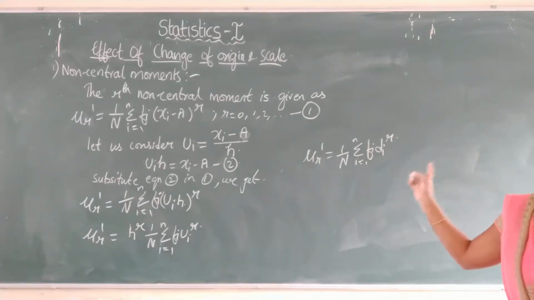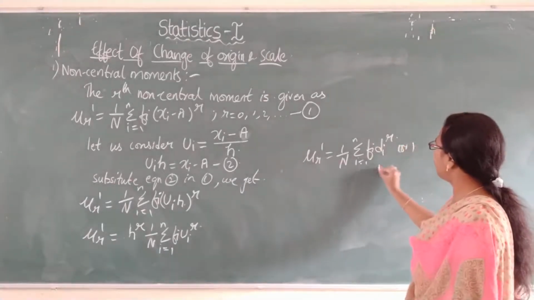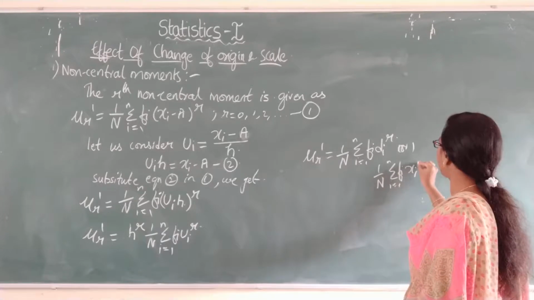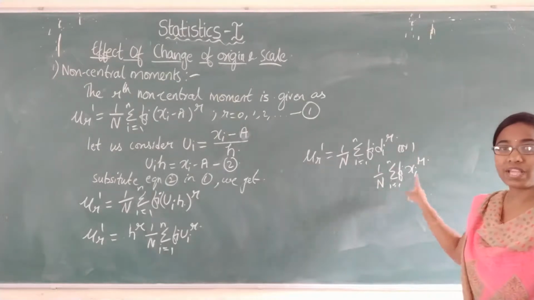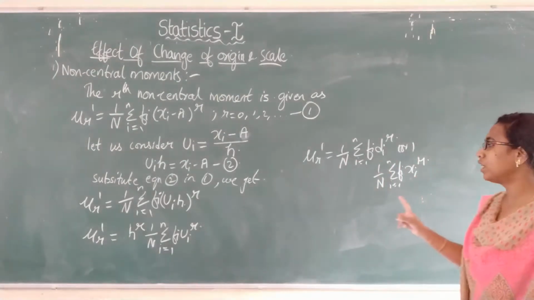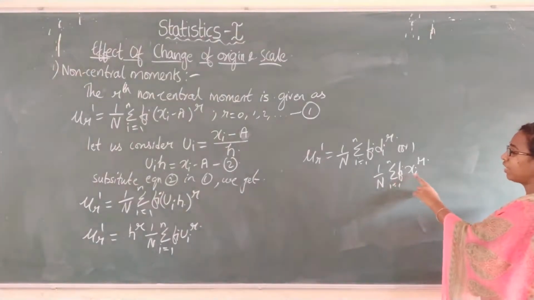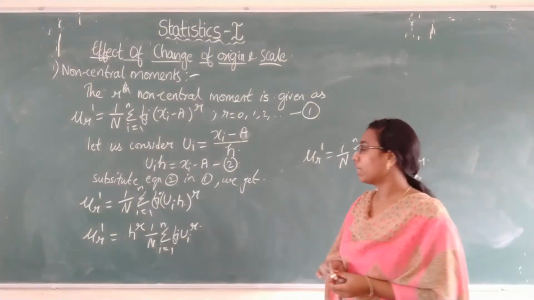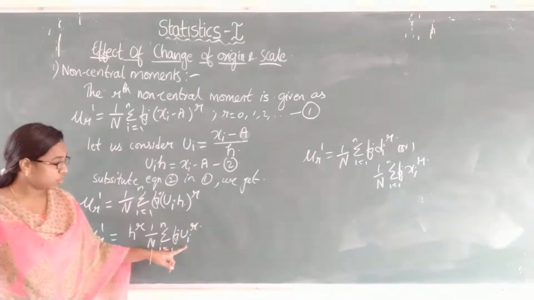So we will be writing the moment like this, right? If we take xi minus a as di, or if a equals 0, we will be simply writing the raw moment as 1 by n summation fi into xi power r. So if you are shifting your origin, that means in place of x you are taking u, you have to get the moment in this format only, that is 1 by n summation fi into ui power r. So if you observe this one, is it in this format? We have 1 by n summation fi, the variable we took ui, so ui power r.